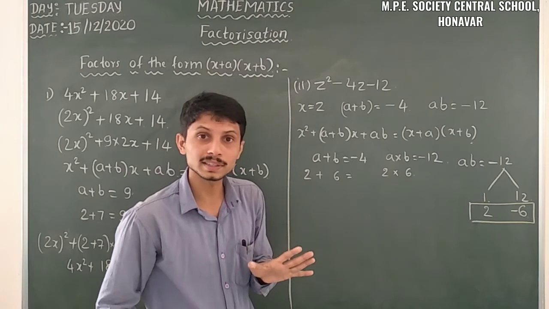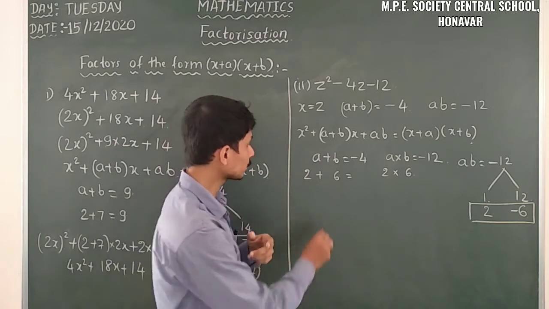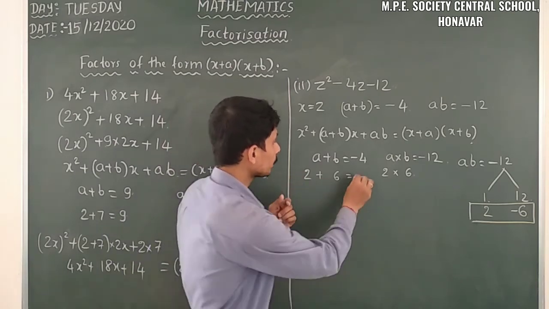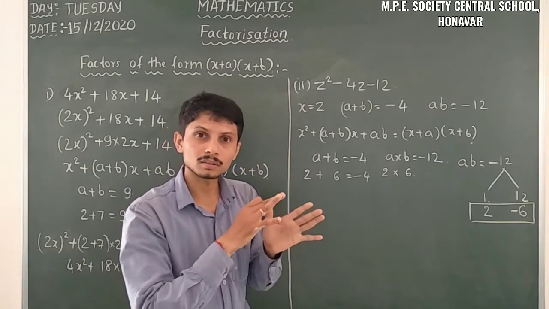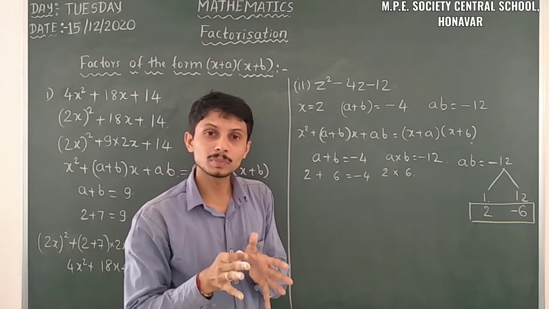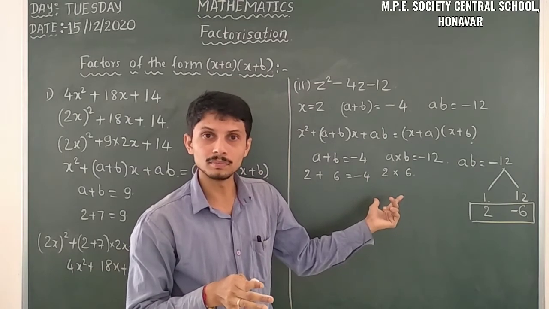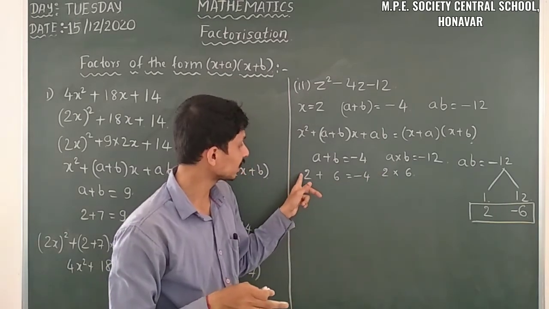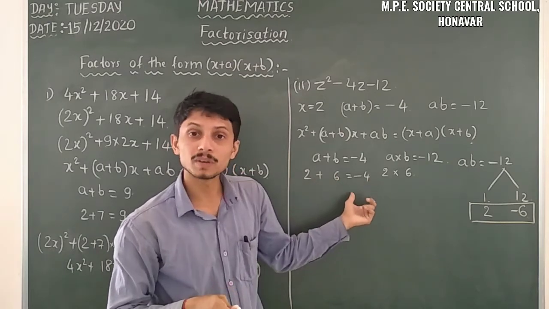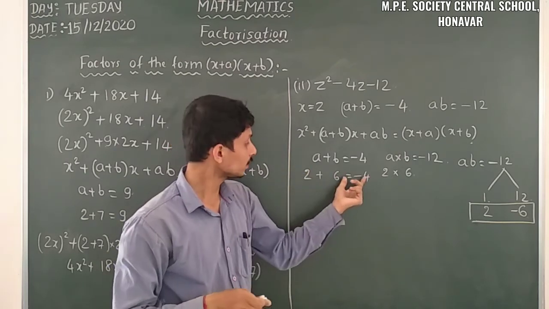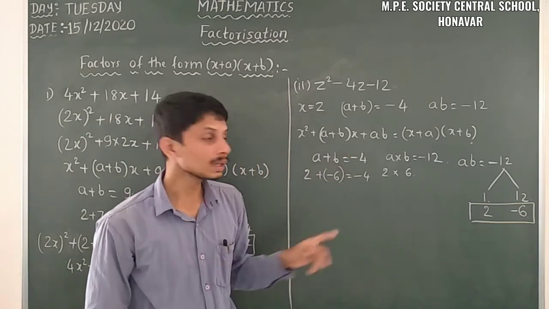So that's why we have to decide in which number we have to insert the minus sign. Here, just observe where we can insert it. We want minus 4 here. So when you take the addition, the sign belongs to the higher number, and we can get the result. Yes or no? When you insert the minus sign here, the higher number has the plus sign, so we can get plus 4. But when you want minus 4 here, that means we have to insert minus here for the minus 6.